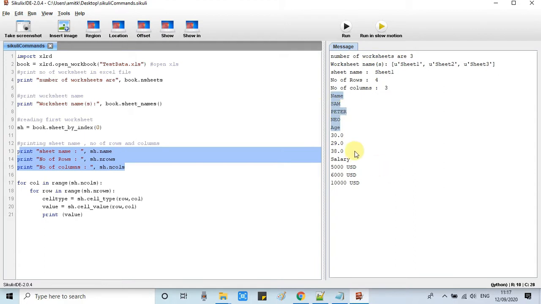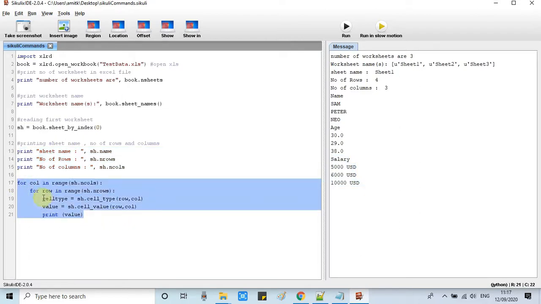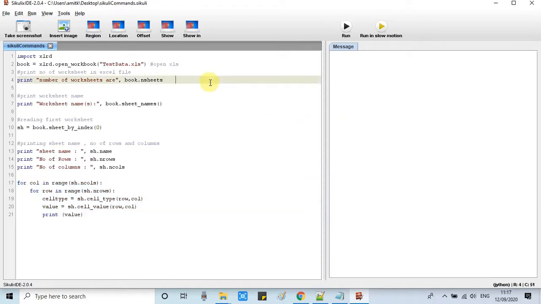Then you can see column wise data printed on the console. First column data printed, second column data printed, then third column data printed. We have arranged the for loops in this way, so this is printing the column wise data. I hope this is clear to you.